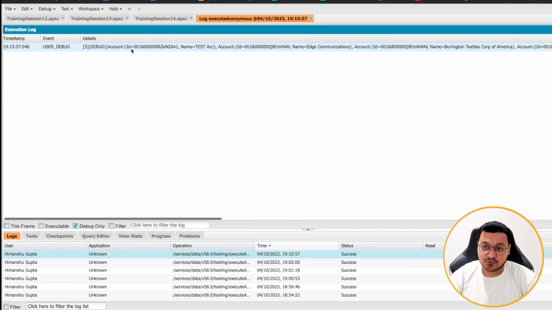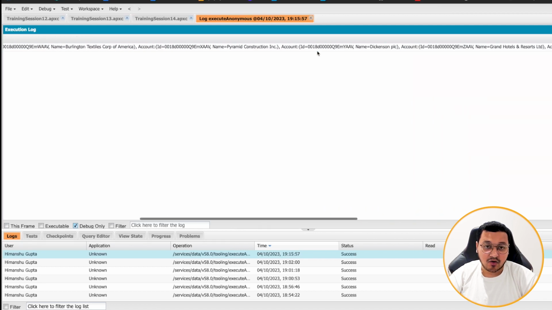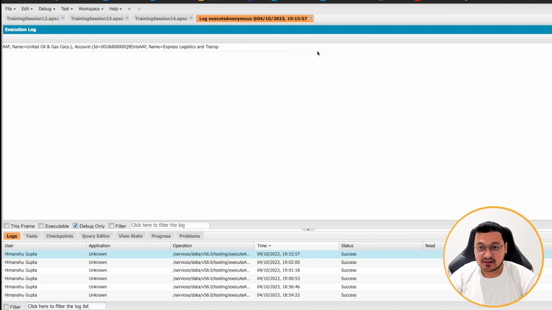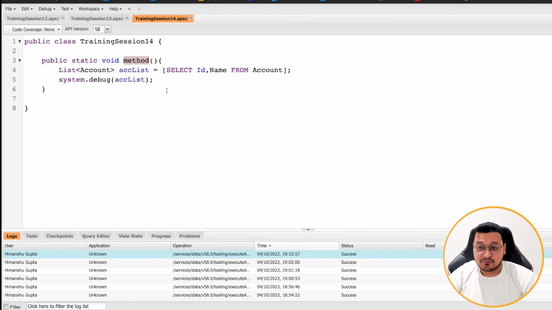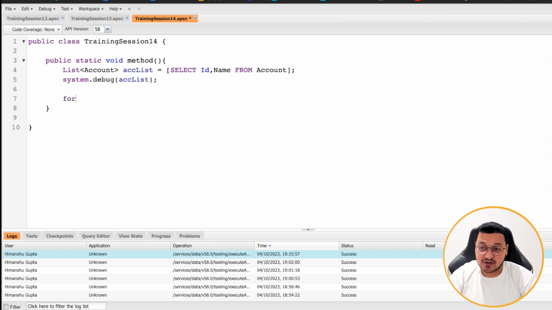See, it has brought the ID and the name of all the accounts which are there in Salesforce. And you see it is being truncated because there were many more, but there's a limit on how many can be put within a single line of a debug statement. Now, I've been saying already that there's a limit of how much would come in a single line. So if we want to see all of them, what we can do is